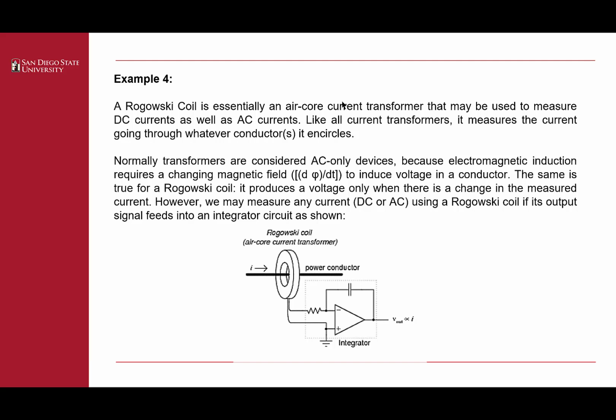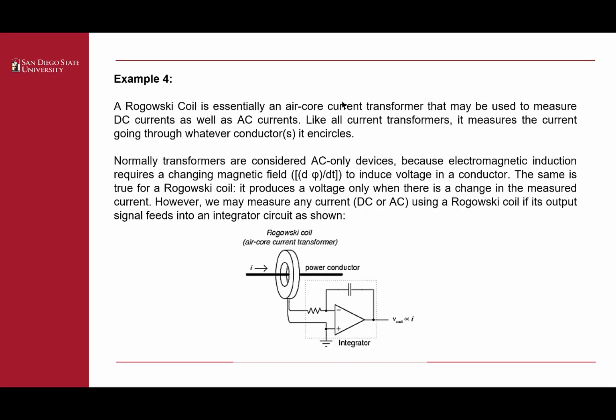Normally, transformers are considered AC-only devices because electromagnetic induction requires a changing magnetic field, and it is represented as dφ/dt. So it's the derivative of φ with respect to time